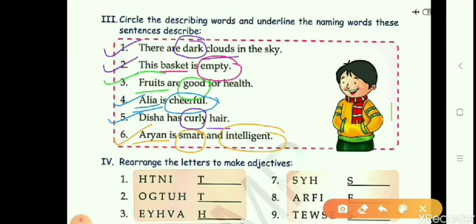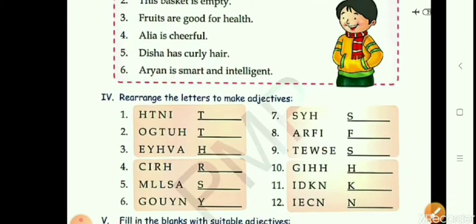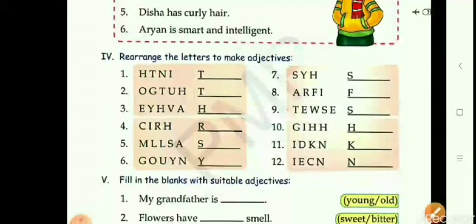Now, moving on to the next part. Rearrange the letters to make adjectives. Now children, some words are jumbled here, and you have to rearrange those words, and after rearranging you will find that the words are actually adjectives. And a hint is given: the first letter of each word is given. So let's do the exercise. So the first one is